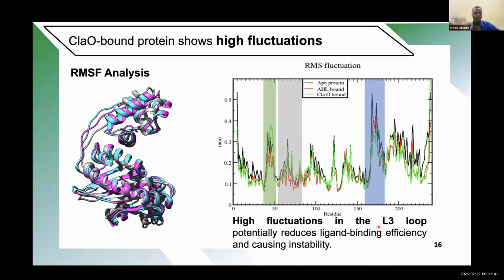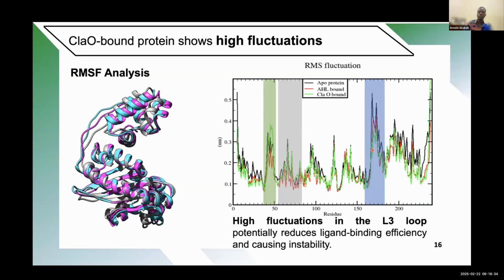Now I went ahead to see how the amino acid residues in the protein behaved when we bound them. We see, as I repeat, that the CLA-O is the green and the AHL bound state is the red. We use the apoprotein as the standard because although we are not expecting to see much change, we used it as a standard. We see that the AHL state exhibited fluctuations in some of the residues, right? But the CLA-O at the end, for example, after about 170,